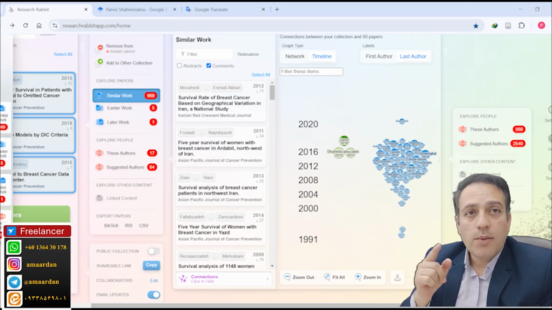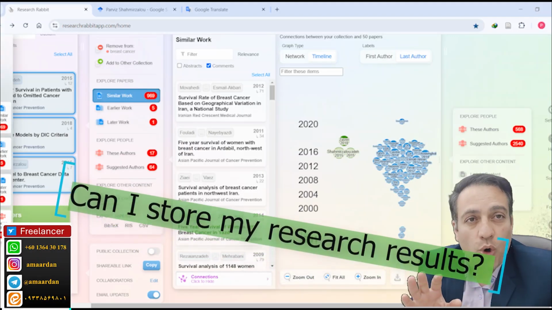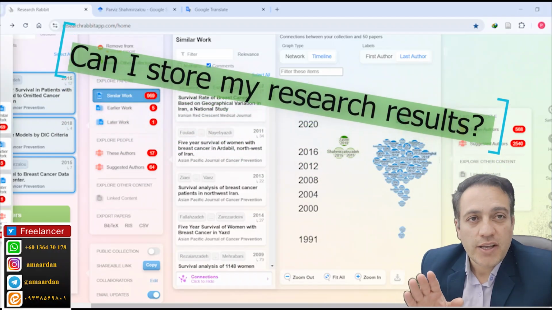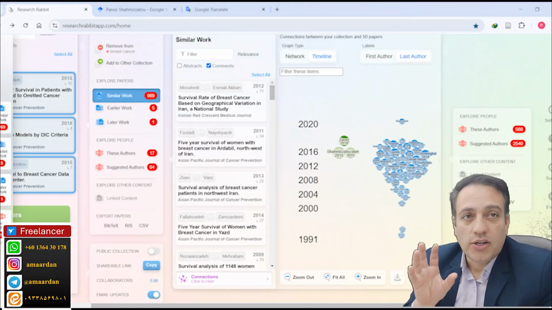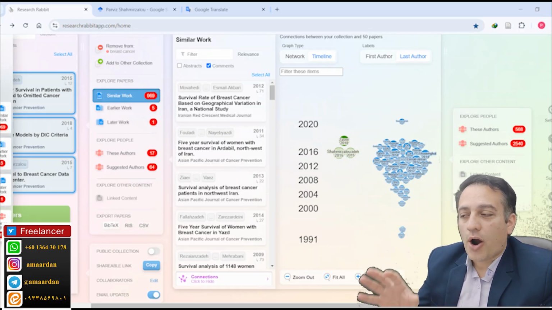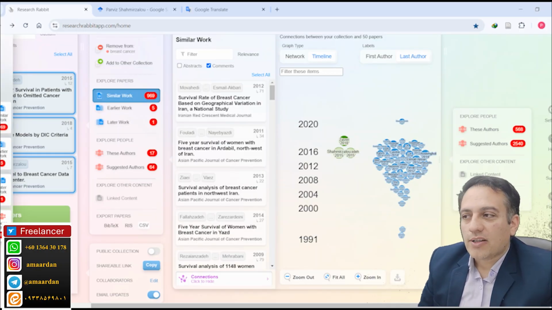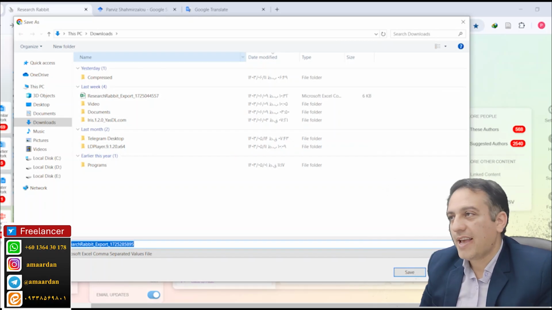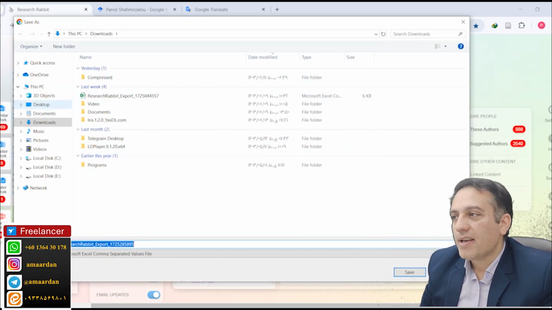One important question in ResearchRabbit is: is it possible to store the results of my search? ResearchRabbit says yes. You can save the results of a search as CSV, RIS, or BibTeX text. Now I click on CSV, and the browser opens a page to save your